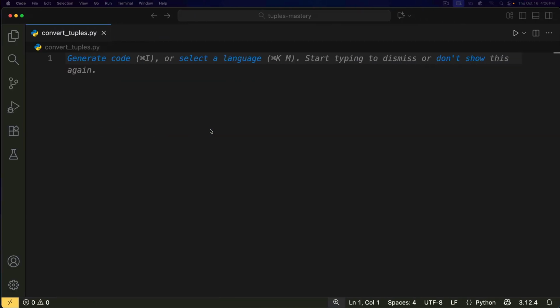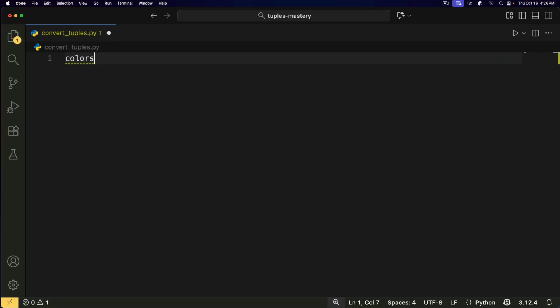So in this lecture here, we're gonna be learning something super cool. We're gonna grab data from tuples. We're gonna convert them into lists, right? We're gonna convert tuples into lists, modify the data, and then return it back as a tuple. That way we can safely modify data and make our applications actually work properly. So let's go ahead and see how we can convert tuples into lists, modify the data, and convert them back